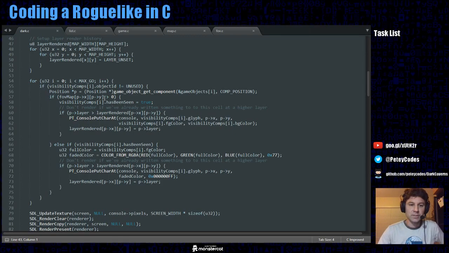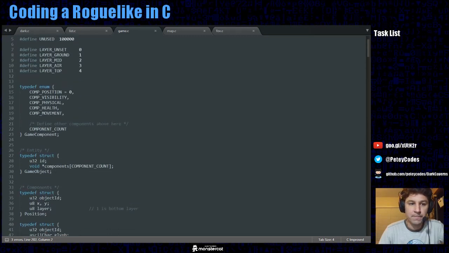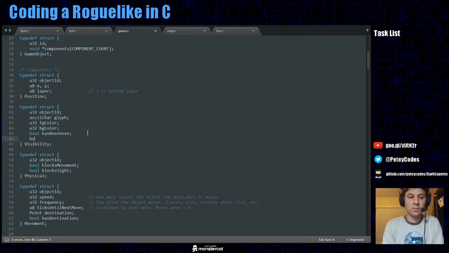Maybe I should add something to visibility. That's probably the better way to go. I think what I'm going to do is, in addition to has been seen, I'm going to add another bool that is